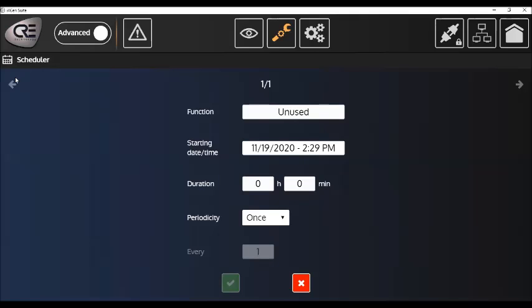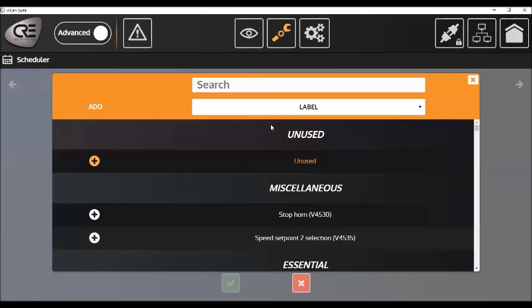So here you will adapt regarding the function you want. Exactly the same way, you have a list of functions. So for example, if we want to start the generator with no load every Monday,